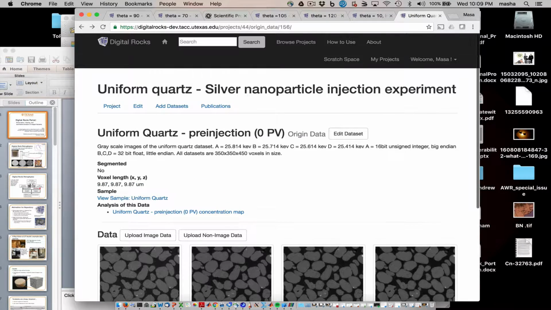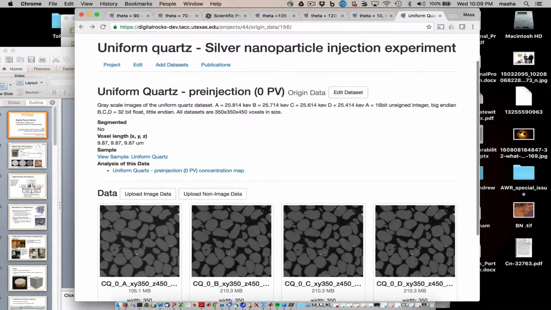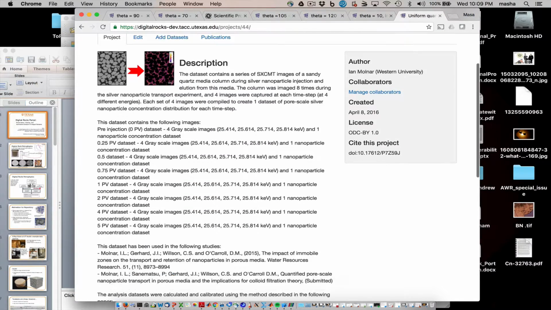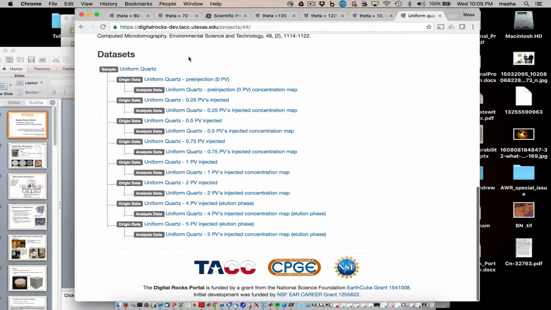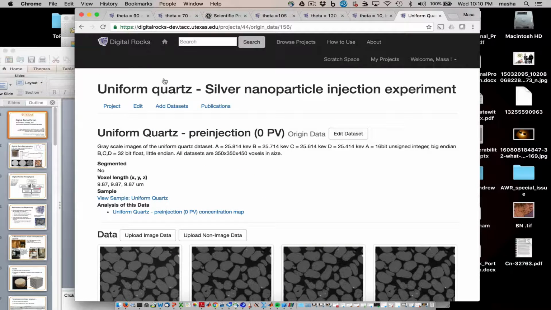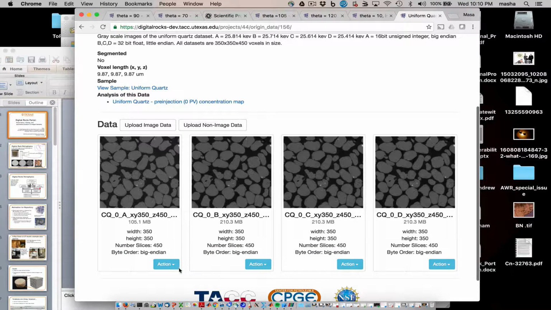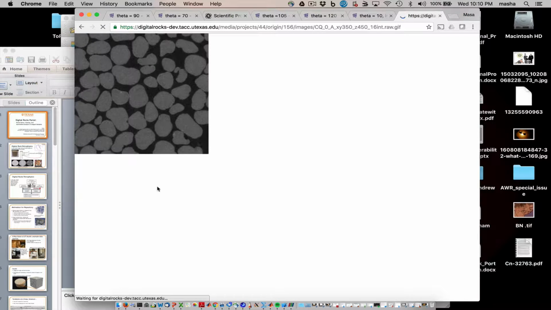So I'm at one of the Digital Rocks projects. It's called Uniform Quartz Silver Nanoparticle Injection. So this is the main website of the project. In this dataset tree, I'm going to pick the very basic origin data, that is before any nanoparticles are injected. We just have a geometry of quartz sand, and you can visualize that quartz geometry by simply viewing the GIF,